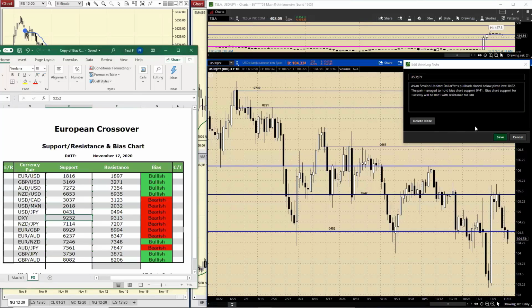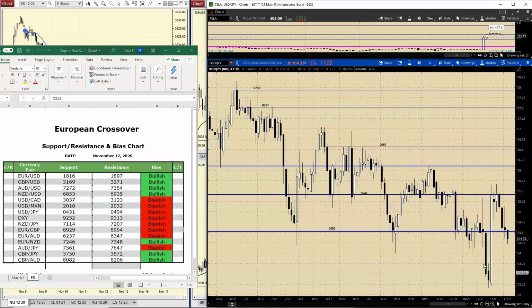And I believe it was 487. Hold on. I go with that wick. You see that wick right here? That closing wick, 47. Yep, it was 47. Obviously, still bearish. Move on to the cash dollar index.